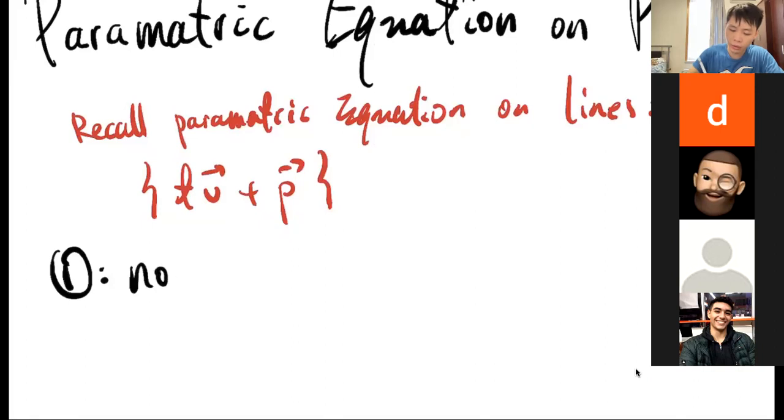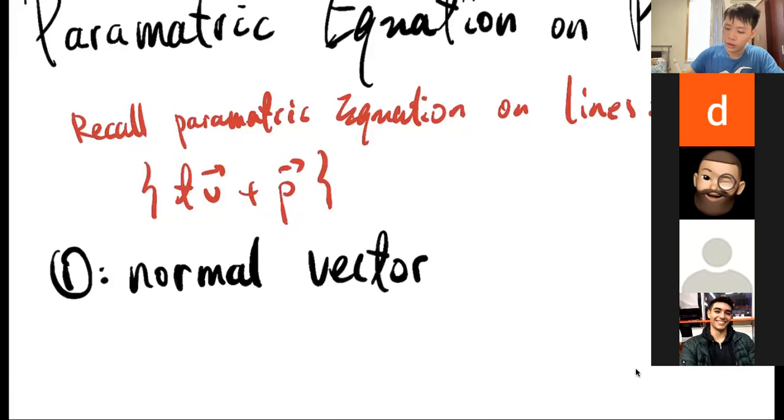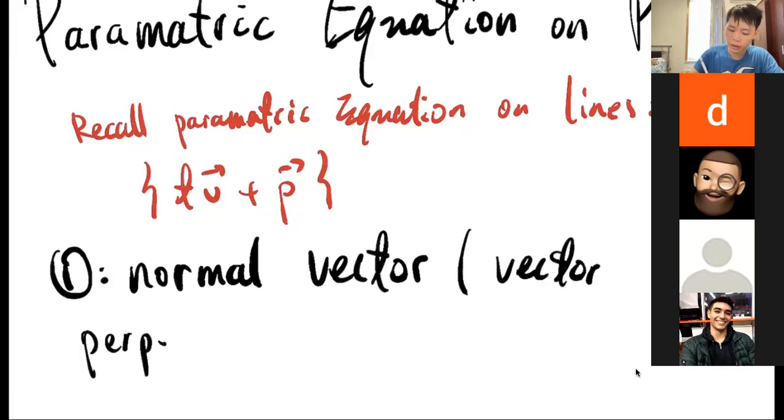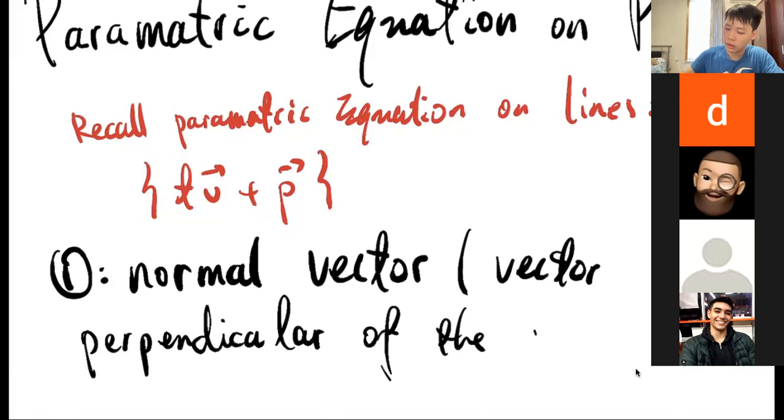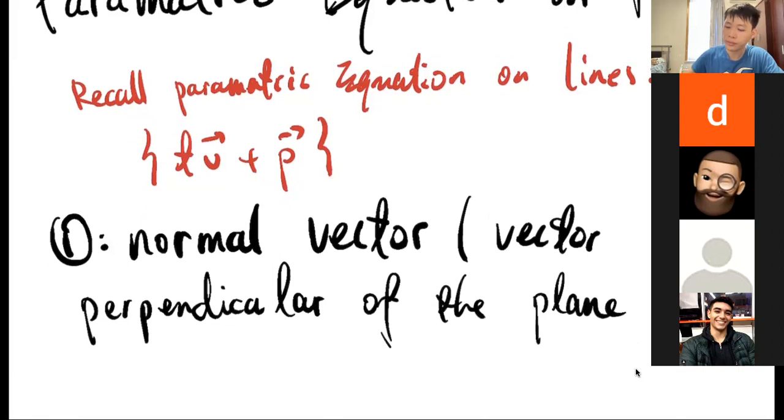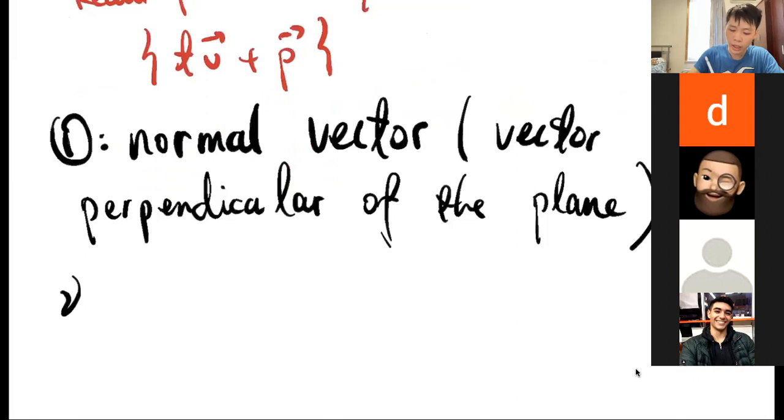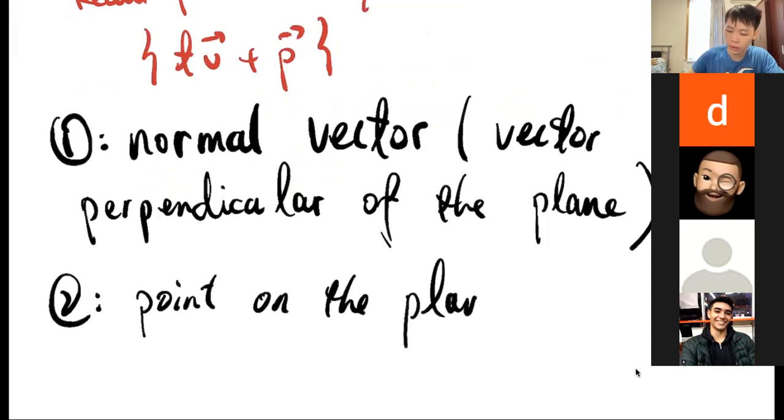Scratch that. But for the parametric equation on planes, you need two pieces of information. First, you need a normal vector, which is a vector perpendicular to the plane. And also you need to have a point on the plane